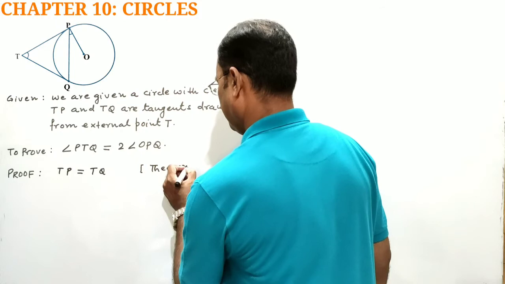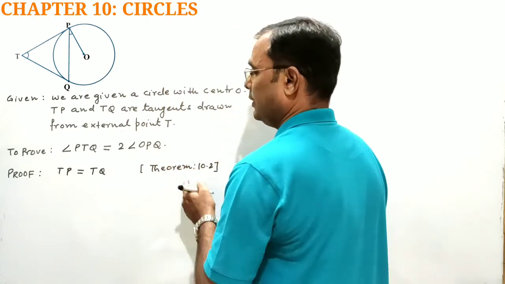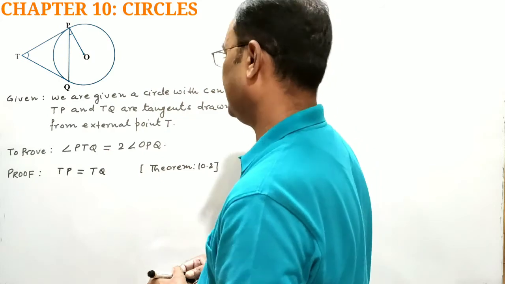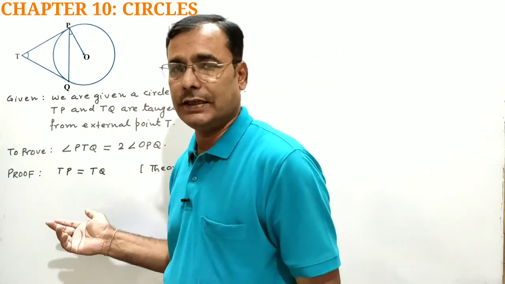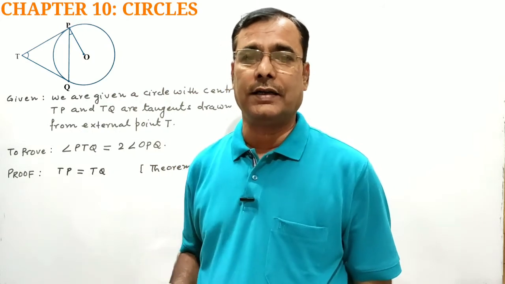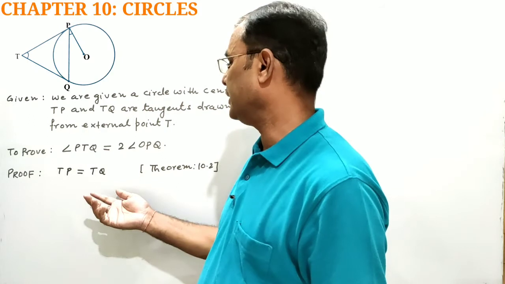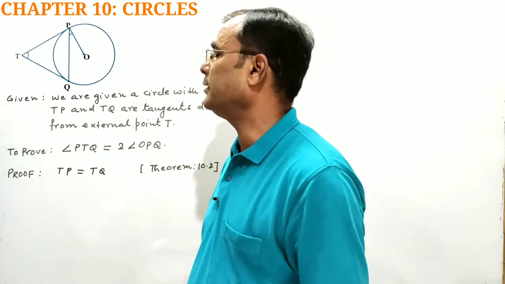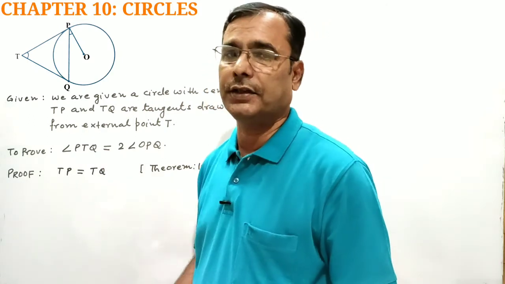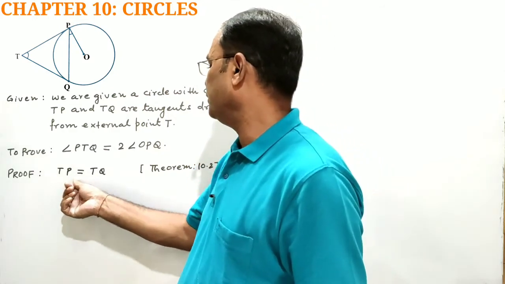According to theorem 10.2. Theorem 10.2 says that lengths of tangents drawn from an external point to a circle are equal. So here TP and TQ are two tangents drawn from external point T to the circle with center O. Therefore TP equal to TQ,